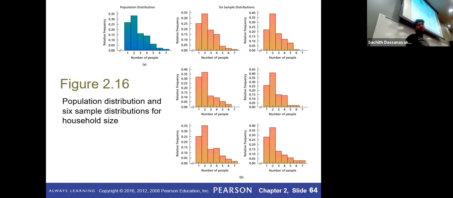See, so we don't need to analyze our population. Simply, we can analyze one of these samples and conclude or give a conclusion about the population, like inferential statistics. Okay, so that's actually what we are doing here. We don't need to